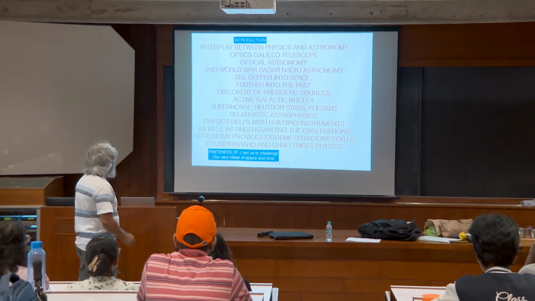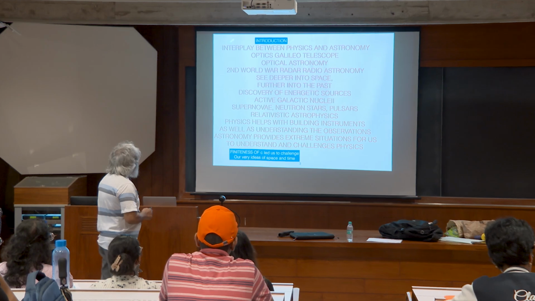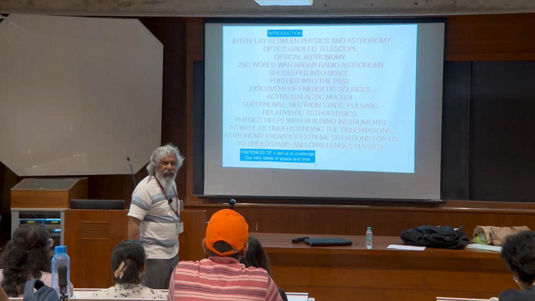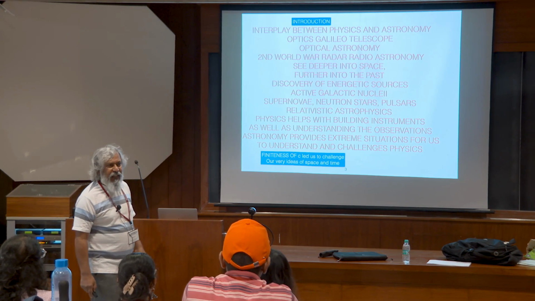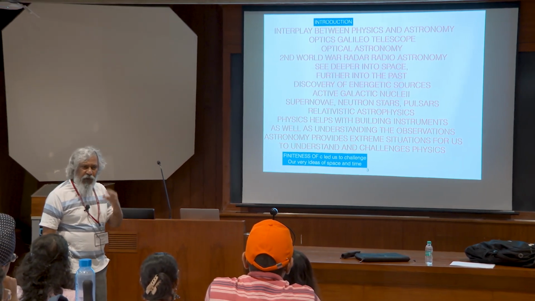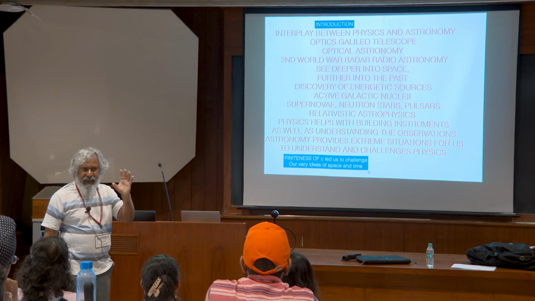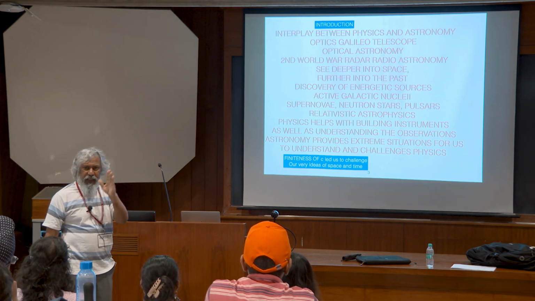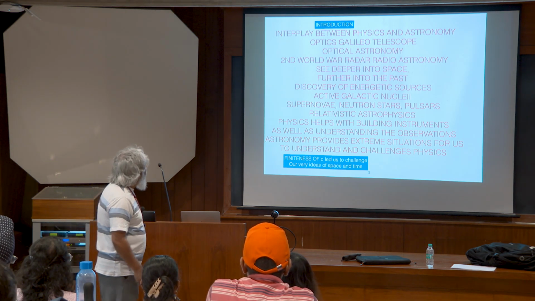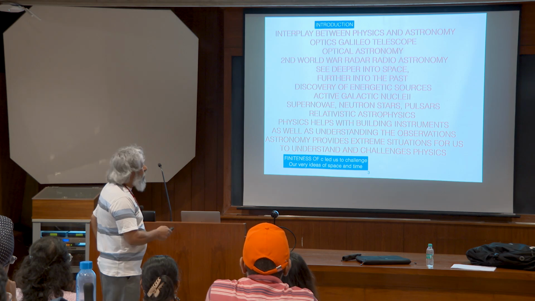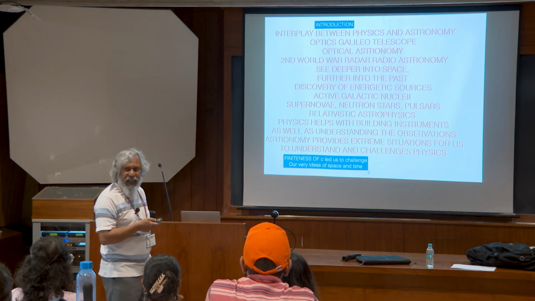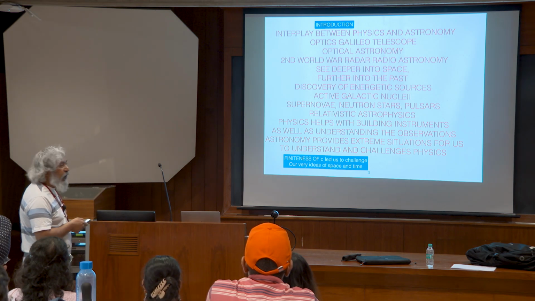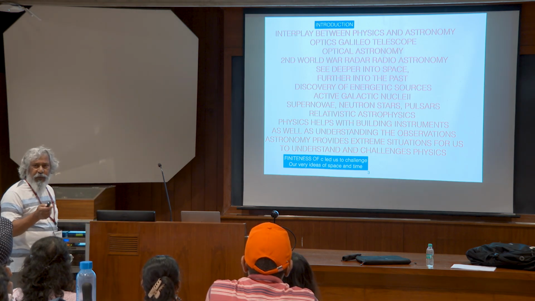Okay, let's start with the introduction. There's been a lot of interplay between physics and astronomy right from the beginning. To start with, of course, the ancient Greeks, they had some ideas about the planets they used to look up, but they used only their eyes to look at the sky and try to plot things. Of course, they achieved quite a lot despite this. They measured the circumference of the Earth. There were great achievements at the time that they knew that the Earth was round, despite stories you hear to the contrary.